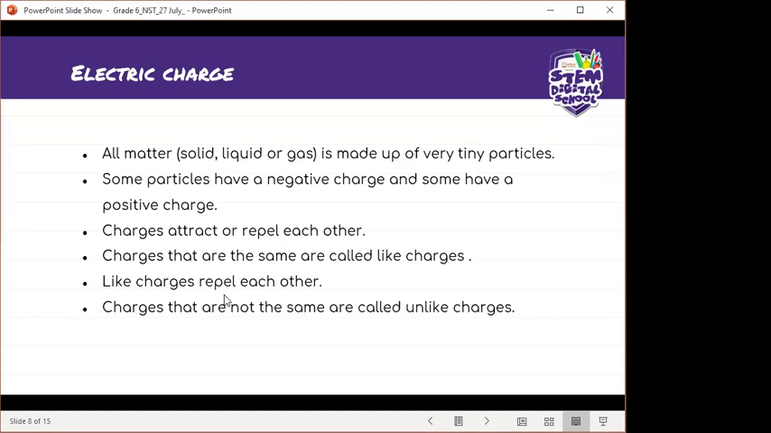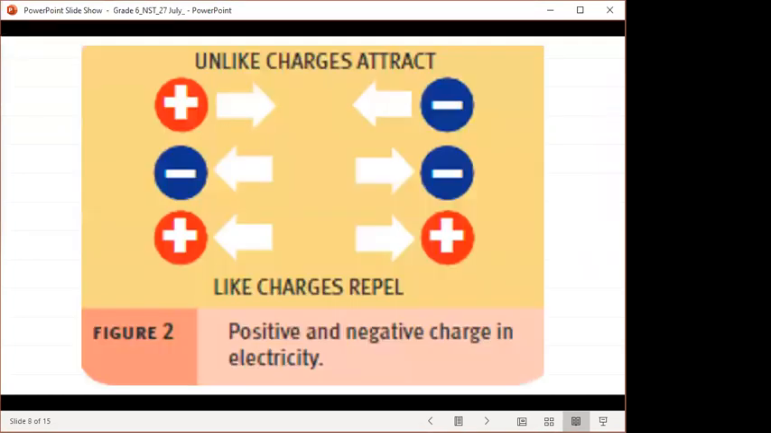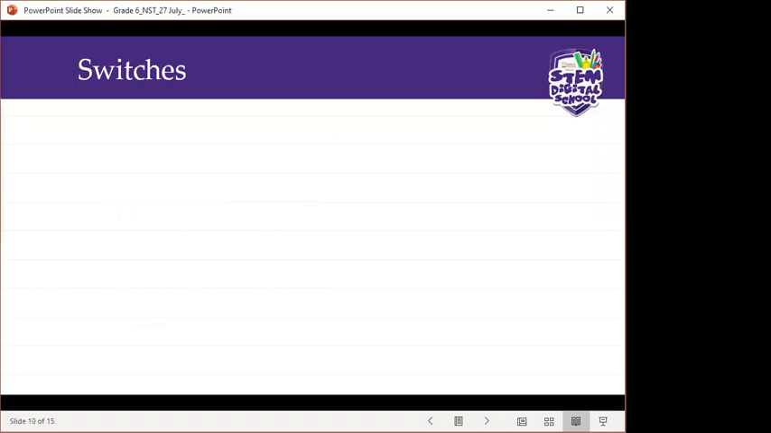Then charges that are not the same are called unlike charges, and these charges attract each other. And here we have the summary. Unlike charges attract, like charges repel. All right. Okay, Mahlori, I see the email. I'll just check now. Okay, then we get to